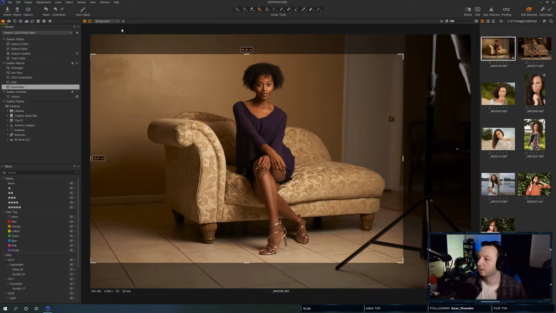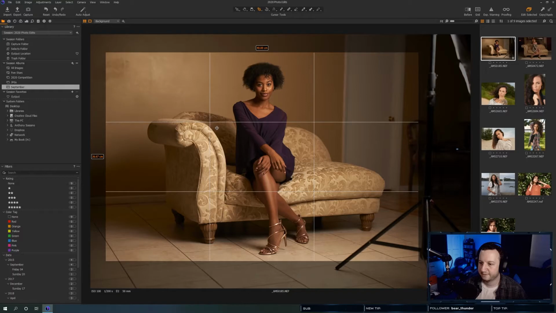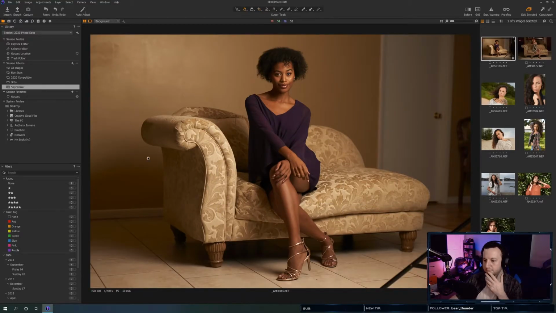All right. So if we crop in like this, then all I'm doing is removing this leg here and this door here, but she's not sitting on the rule of thirds. However, if I center her, I think that might work. So the real question is, do I like that centered?